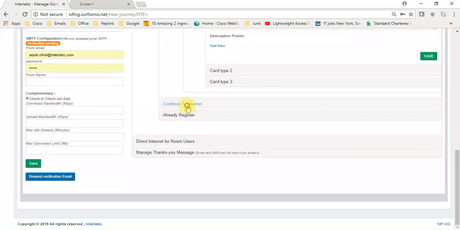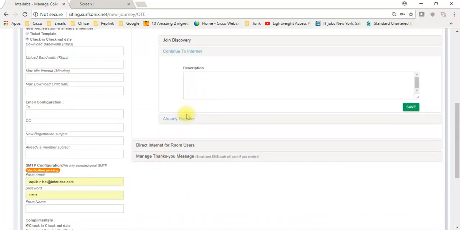Same you can define for continue to internet description. If they want to show the packages, the customer doesn't want to go with the VIP member, he's not a VIP member, nor does he want to fill up the form, okay. Yet you can show them the paid packages which you have, like 1 hour internet, 2 hour internet, 3 hour internet, okay. Then you can define the description for that, like please select the desired package, for example,